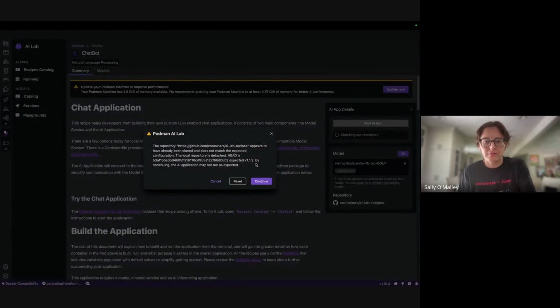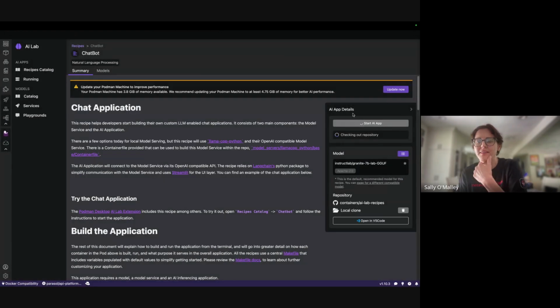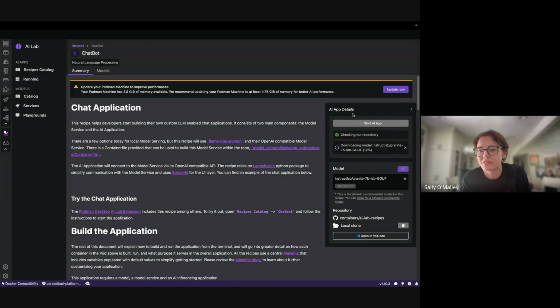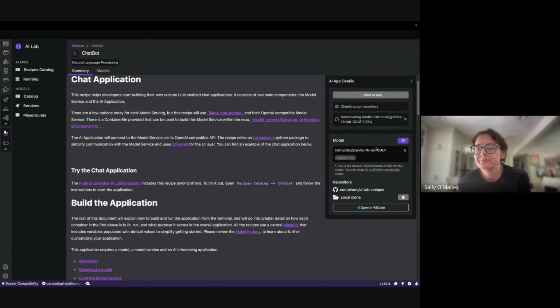I think I need to clean out my local system, but hopefully it will push through, and it is. What's happening here on the side is it is checking out the repository that I'm about to show you. And then it is downloading the model, which is about 4 or 5 gig. I thought I was going to pull the same one that I already have downloaded, but whatever, it's almost done.